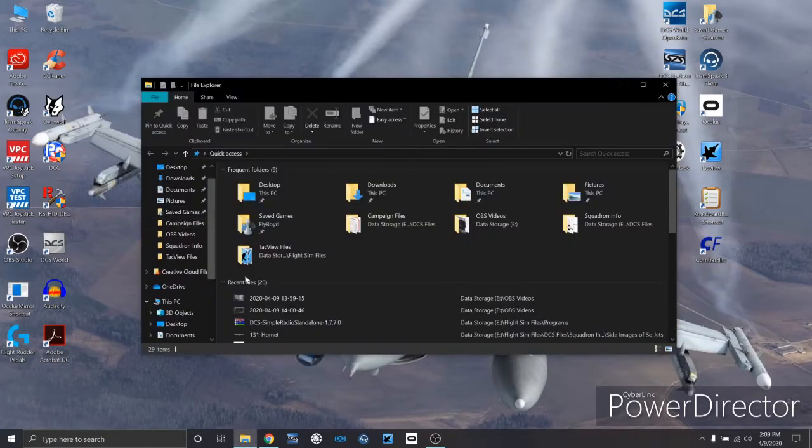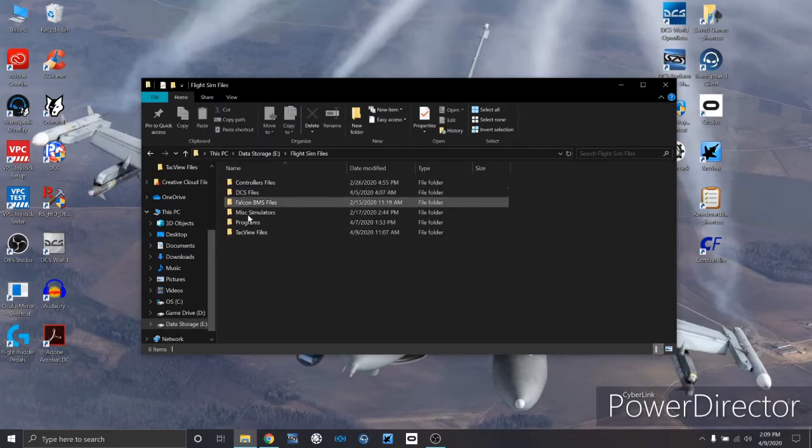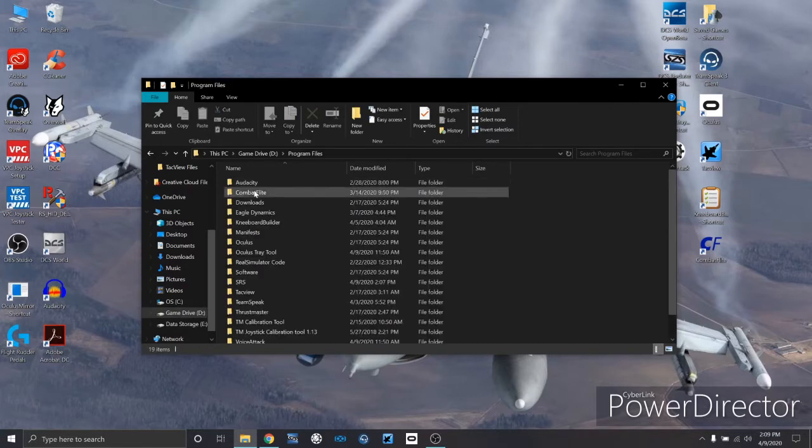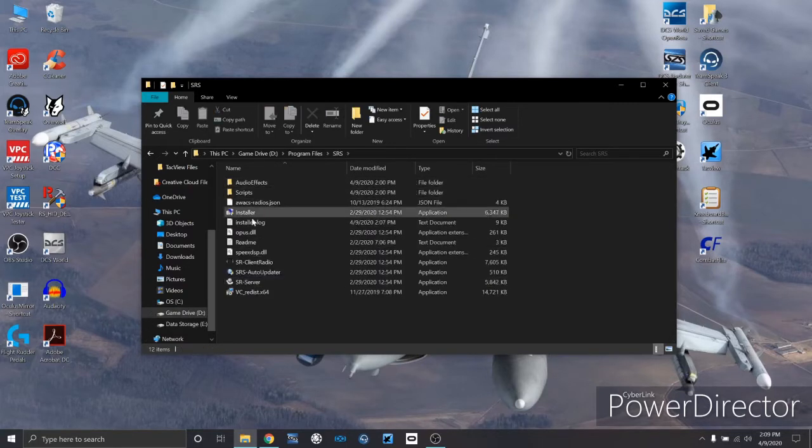So the first thing you need to do is go to the website there and download the installer, which is going to come in the form of a zip file like this. I use WinRAR to open all of my zip files. You guys can do whatever you want. Once you have that, extract it into a folder. I like to keep things simple and keep everything in the same place, so I created a folder under all my program files here for SRS, and this is what is out of that extraction. So then I'm going to run the installer,